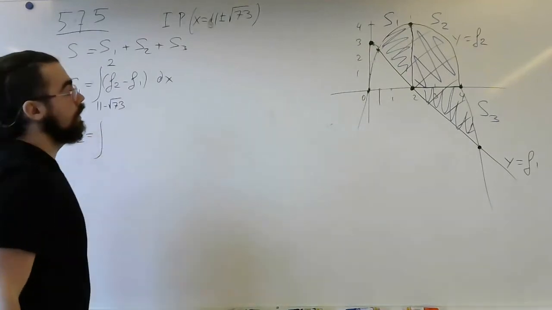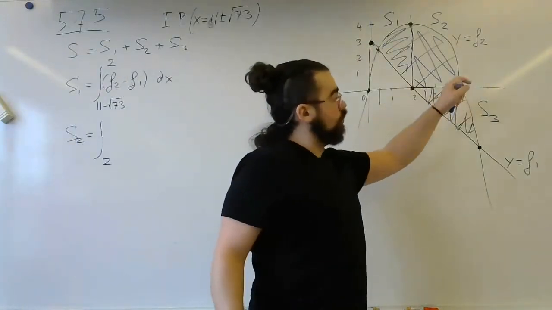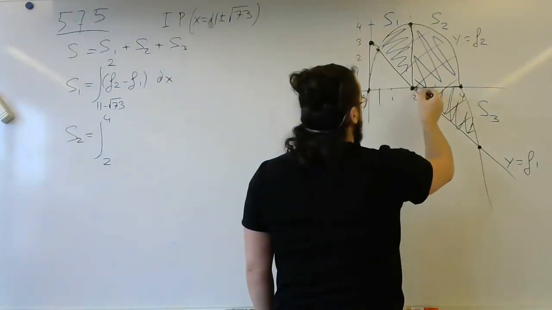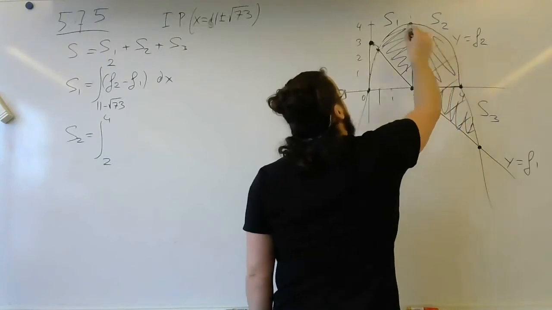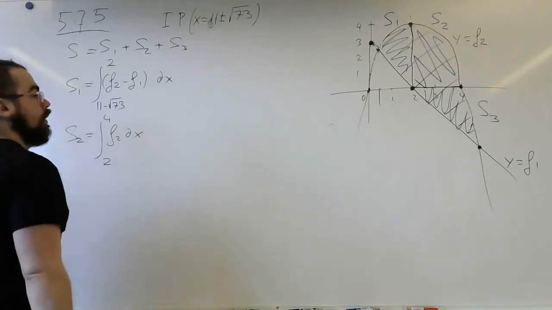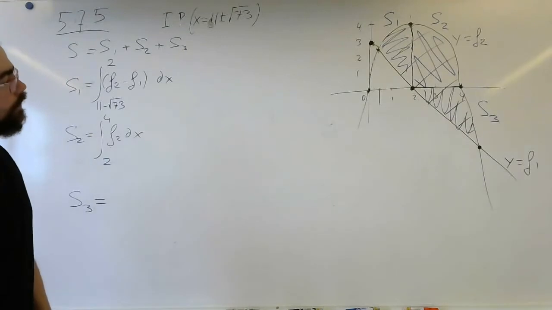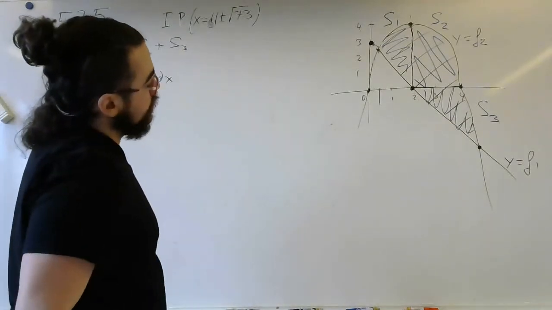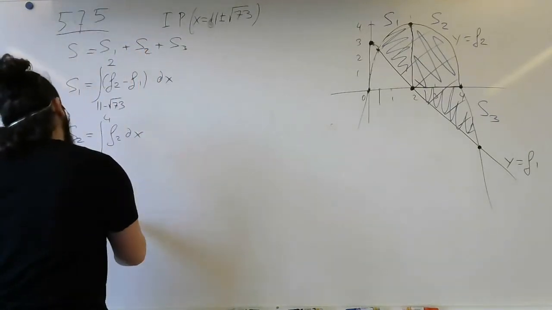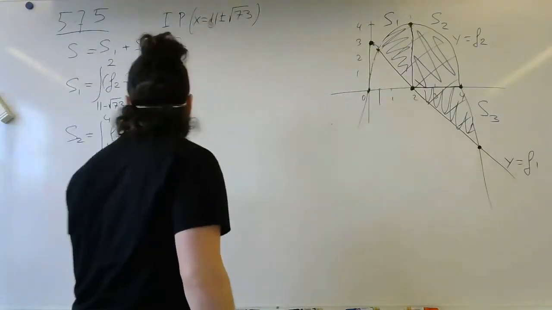The second is the integral from 2 to 4 of the parabola, it's the area that's trapped between the x-axis and the parabola. And S3 is the integral from 2 to